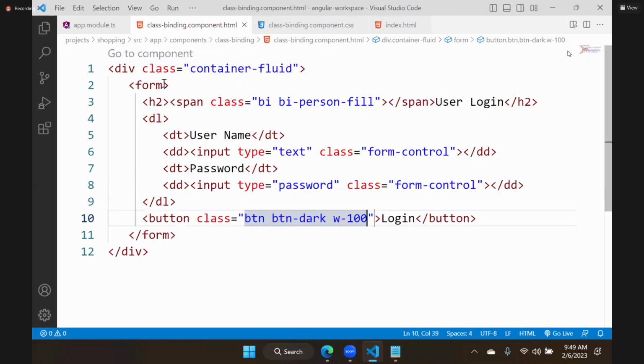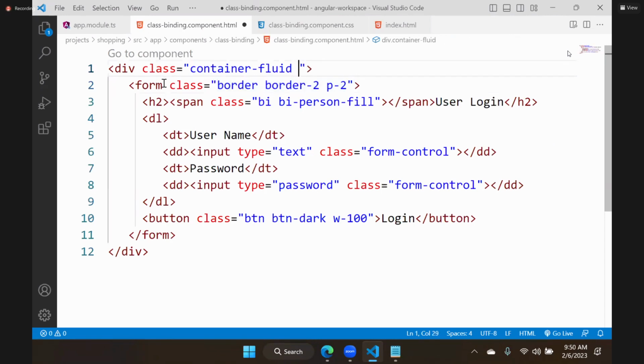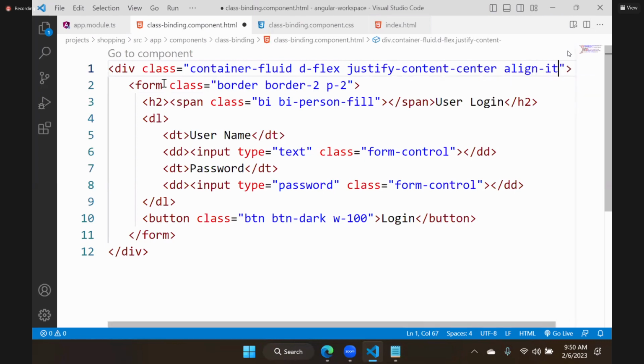This form is having class border and padding 2. Border 2 is enough. And padding 2. For this container, we have d-flex, justify-content-center, align-items-center,